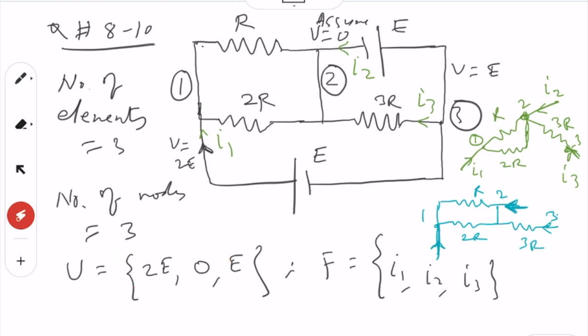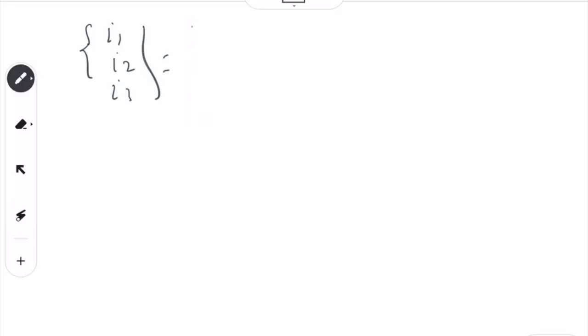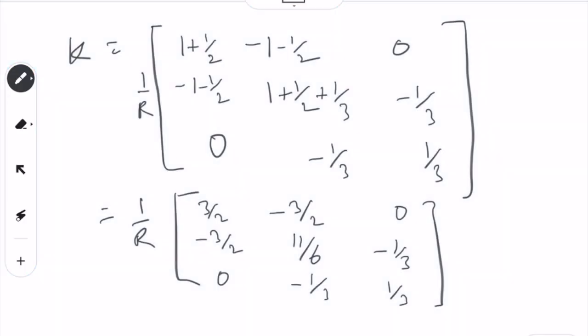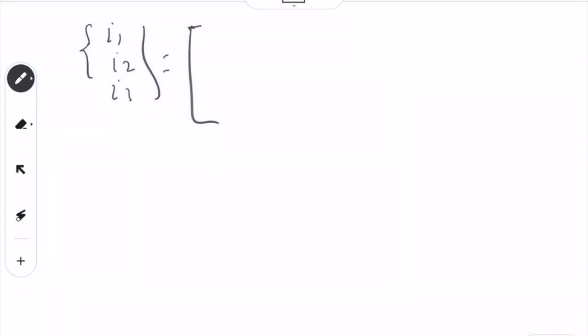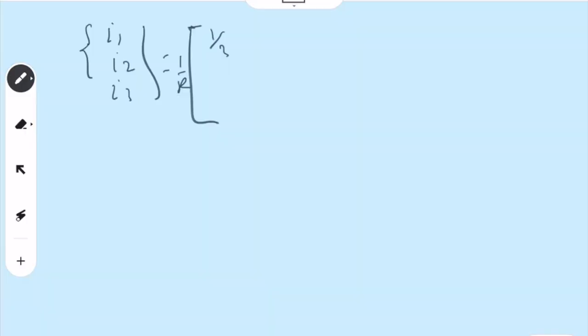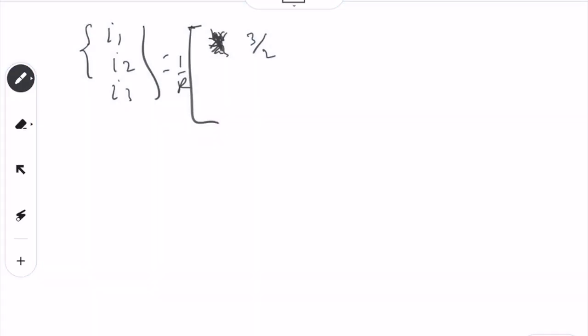So 2E, 0, E, so we can write K first. K will be equal to 1 over R first, then 3 over 2, correction, 3 over 2, minus 3 over 2, minus 3 over 2, 0,